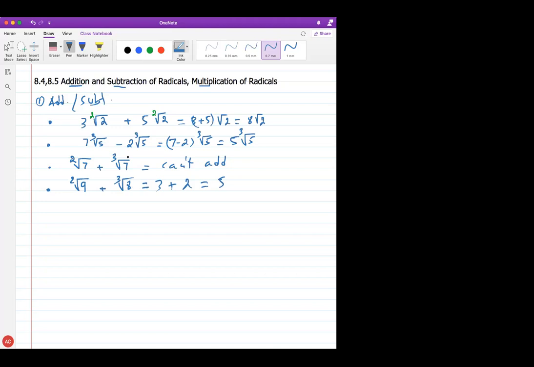Okay, that's how the addition and subtraction of radicals works. You have to have the same radicand and index first. If you don't have them, try to simplify each one first, like we did last time, and then you could end up with something like this. Or sometimes these might not be perfect squares. For example, if you want to add radical 8 plus maybe